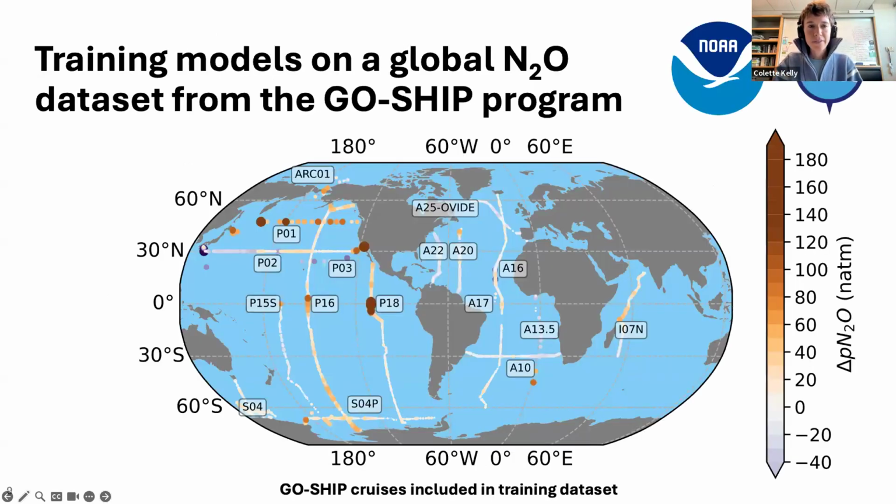And the way we went about answering this question is by training machine learning models on a global nitrous oxide data set from the GO-SHIP program. So these are all of the GO-SHIP lines that we have nitrous oxide data from, and I've just colored the points by the air-sea disequilibrium just to show that we've really captured a pretty wide dynamic range in this GO-SHIP